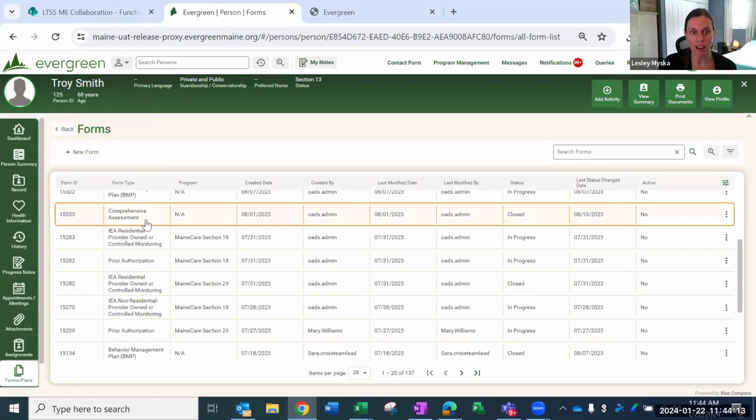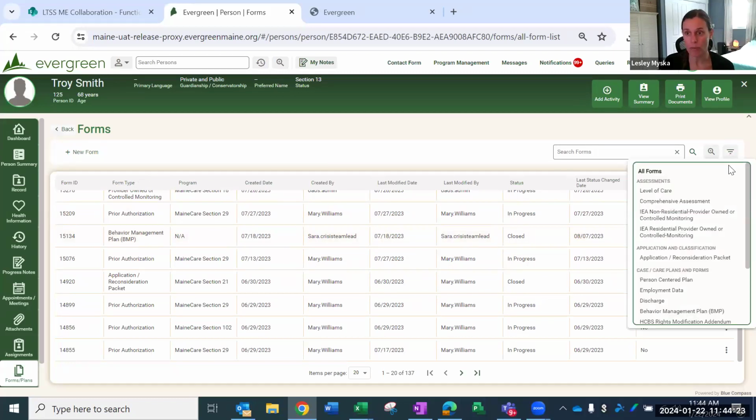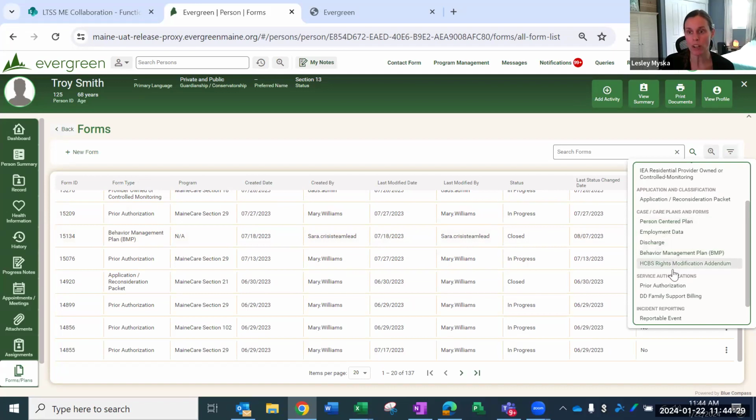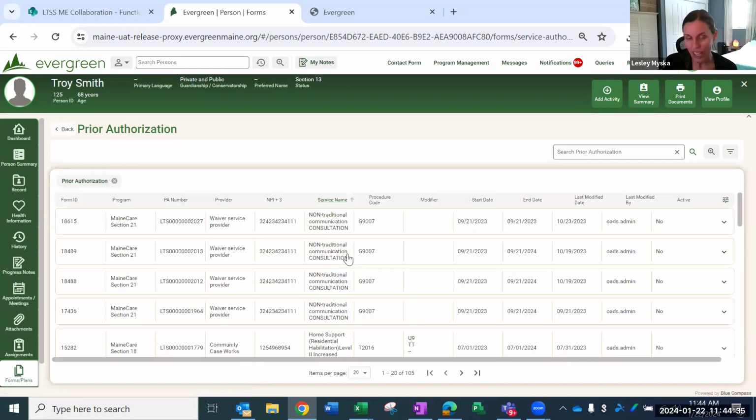So you can see all of these forms and you can sort by all these columns, again, search in here, but you can also use this filter icon on your all forms list page to navigate to custom list pages. That makes it a little bit easier to find things. And especially if you want to look at prior authorizations, you should definitely use the prior authorizations custom list page